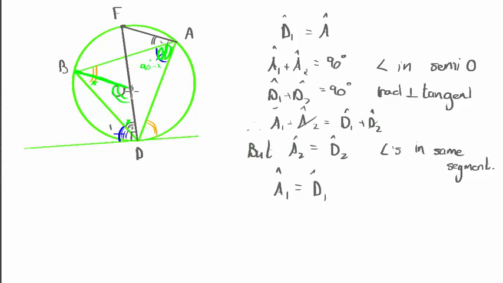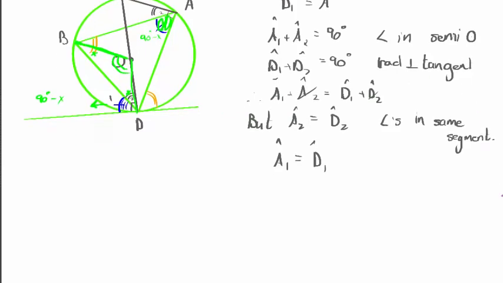And then because you've got the 90 degrees coming down there, and that one is x, this one is 90 degrees minus x. So it's also an easy one. It's not a bad one, but I like this one more. It uses more of the theorems. Looking at it now, it seems somewhat simpler, but you use the extra fact that the angles in the isosceles triangle are equal, so it uses an extra proof there.